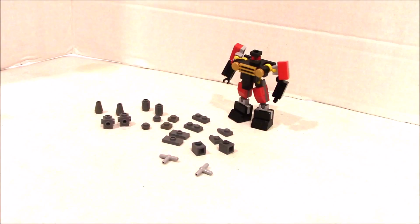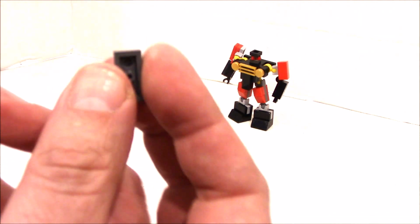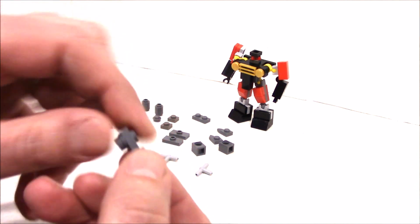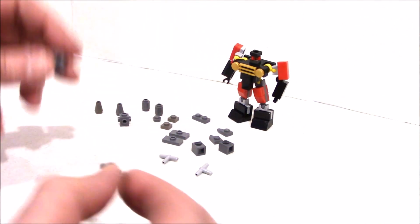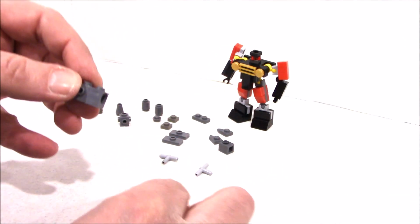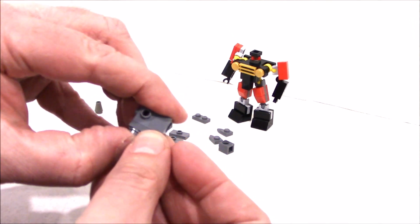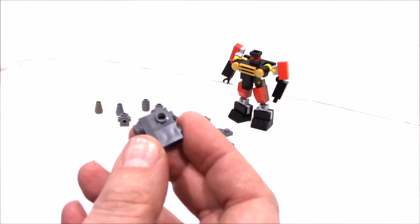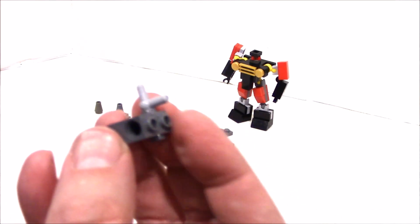Okay, so let's build his accessory pieces. So we're going to take a 1x2 plate and then turn it around and put a 1x1 dot on like so. From here we're going to take a Travis brick and a Technic brick with one hole, and you're just going to stick them together like this, and we're going to put it on with the Travis brick sitting on top of the round brick like so. From there we're going to take this piston T-joint and shove it in there,